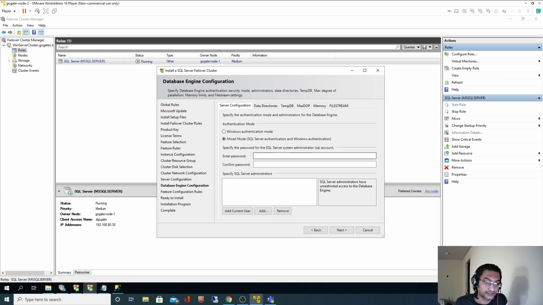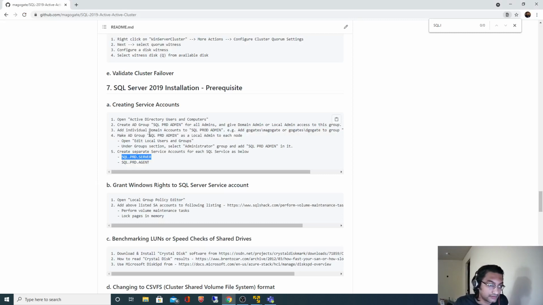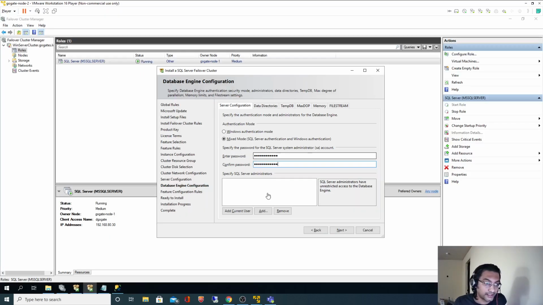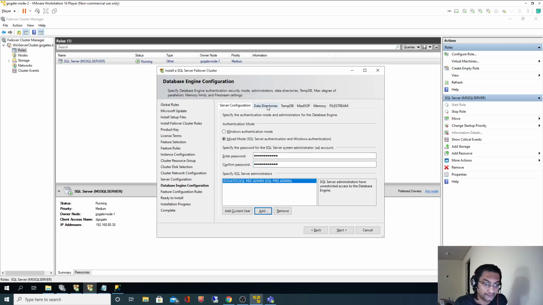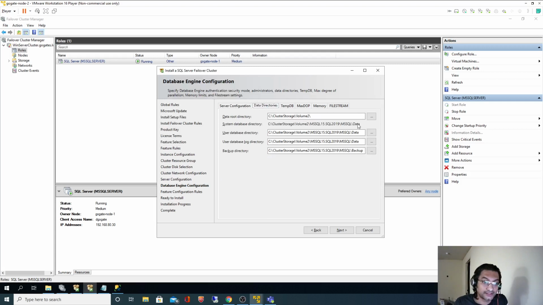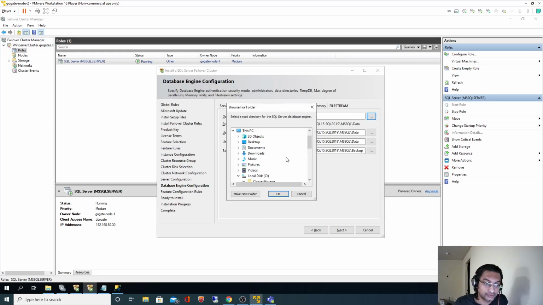Perfect. I will use mixed mode authentication. Password #123. And I will add an AD group as a SQL admin. Perfect. Data directory: as we discussed earlier, I will change this to node volume 2.